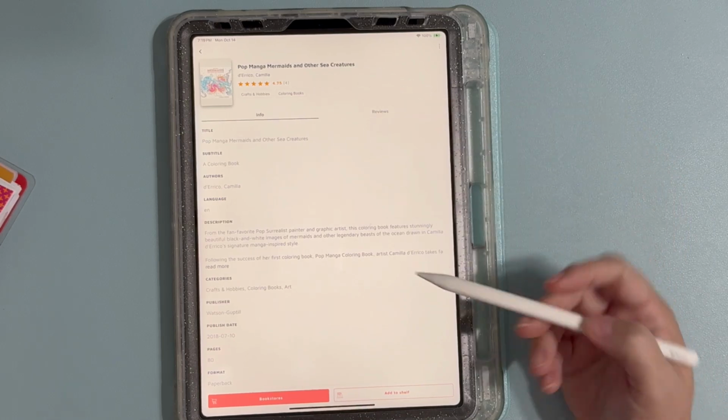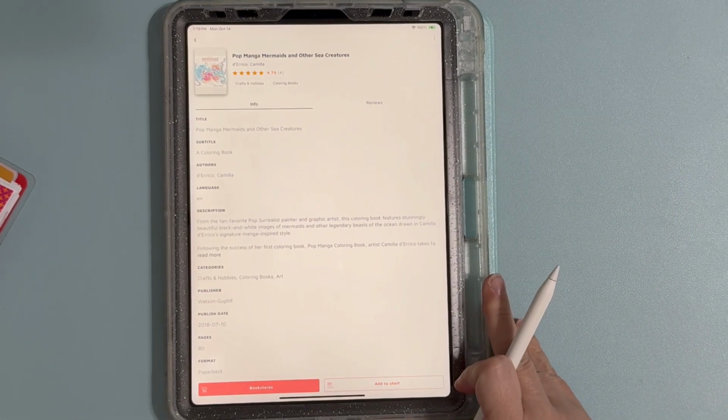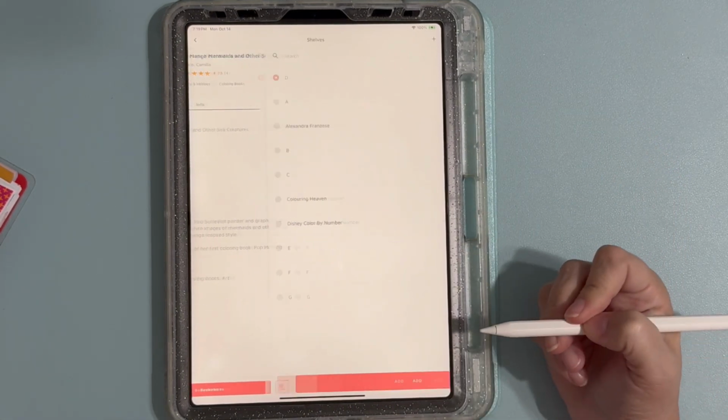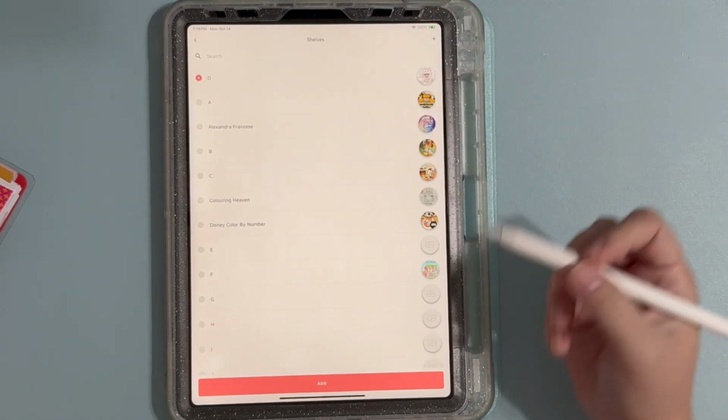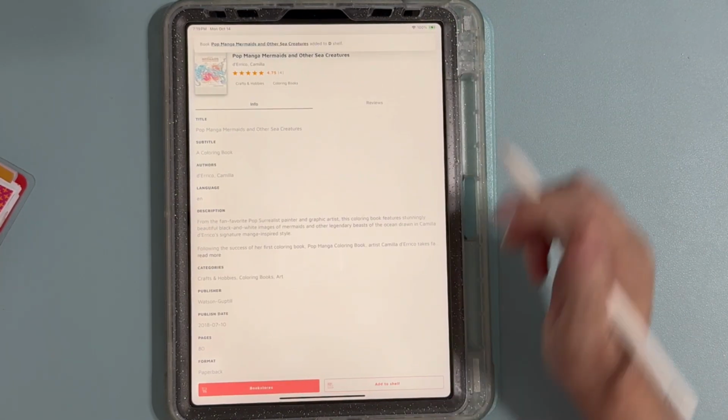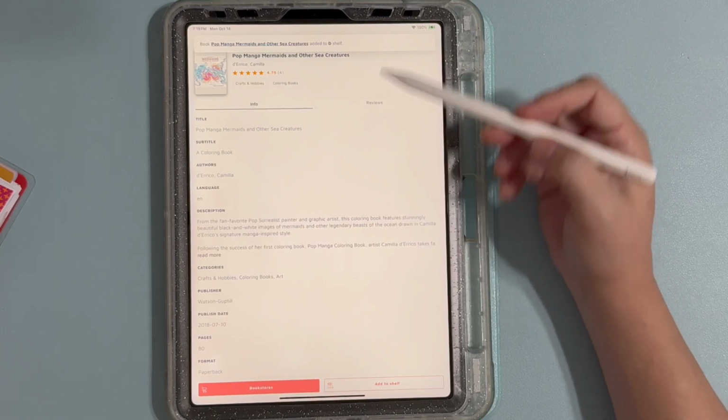And here, at the very bottom down here, you're going to hit add to shelf. And you want to put it in shelf D, you hit add. So here we go. Now we're going to go,